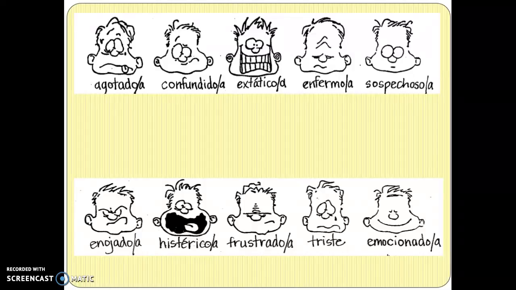The other good news about these words, a lot of them are cognates, and you don't have to know all of them on this page. It's kind of just a list of vocab that you have access to. So we're going to go through and define them, and I will tell you which ones that you need to know so you can highlight those. All right, agotado means exhausted, and it's a word that you need to know, so go ahead and highlight that.